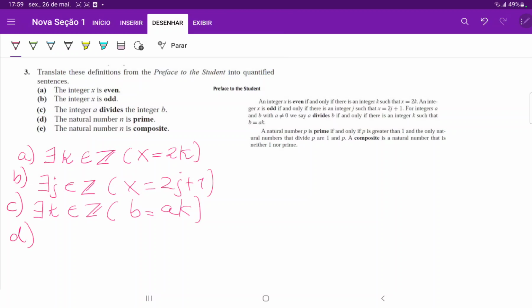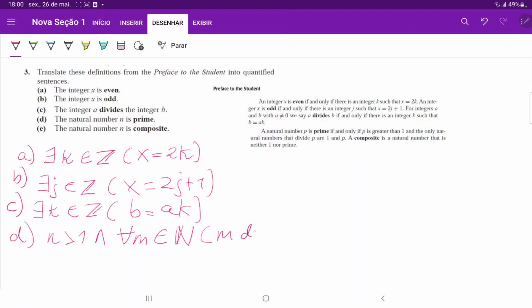Now for D, we have a natural number p is prime. So it's telling us that the natural number n is prime, right? So we have that the natural number p is prime if and only if p is greater than 1. So we're going to say that n is greater than 1, right? And the only natural numbers that divide p are 1 and p. And so we're going to say for all the natural numbers, so for all m belonging to the set of natural numbers,